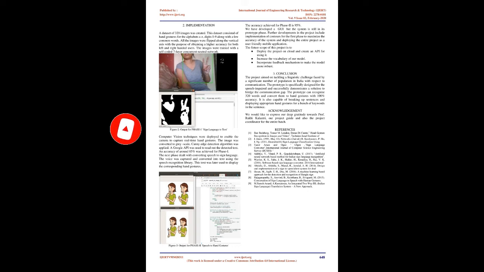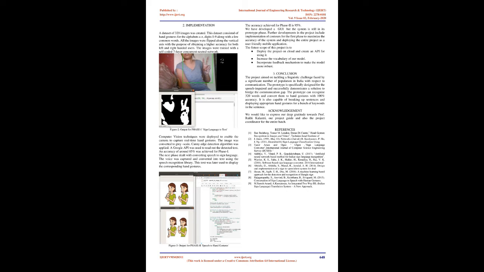The two phases of our system can be defined as: 1. Phase I, converting a stream of input hand gestures to their relevant semantic text as well as audio output in real time. 2. Phase II, converting an audio input to text and eventually displaying the relevant hand gesture images. 1.2 Project Outline. Figure 1, UML diagram sign to speech for Phase 1. The first phase of this project is based on converting the real-time hand gestures to corresponding text and audio. Chart 1, two-way sign language converter flow diagram.